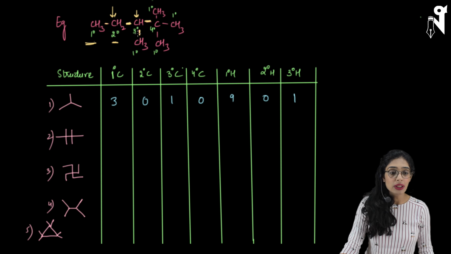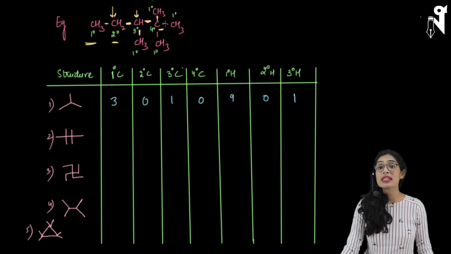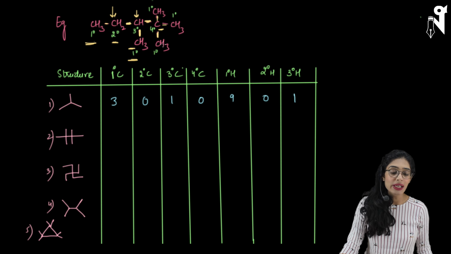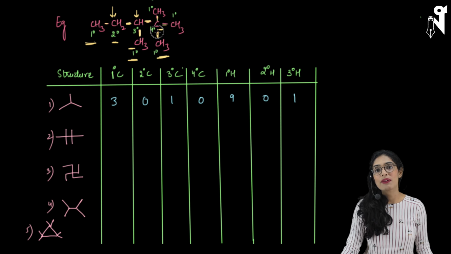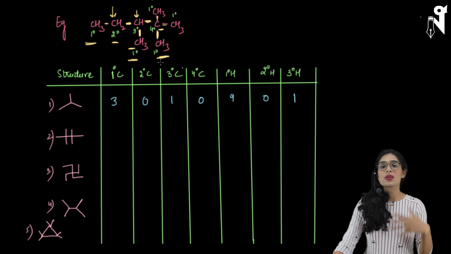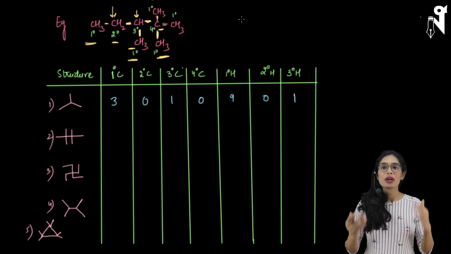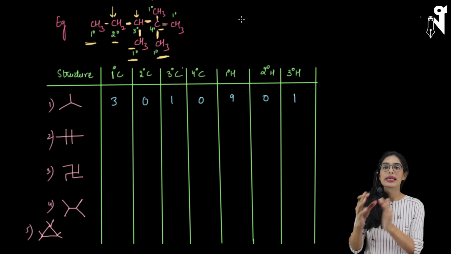Let's talk about this carbon. It is connected to 1, 2, 3, and 4 carbons, so the degree of this carbon is going to be quaternary. Let's talk about this carbon. It is connected with another carbon by only one bond, and the rest of the three bonds are linked with hydrogen. Hence, the degree of this carbon is primary. Again, this carbon has only one link with carbon, and everywhere else we have hydrogen. Hence, this carbon's degree is also primary. This was a little branched structure, so it may have been a little clumsy, but I hope you have got how to find primary, secondary, and tertiary.